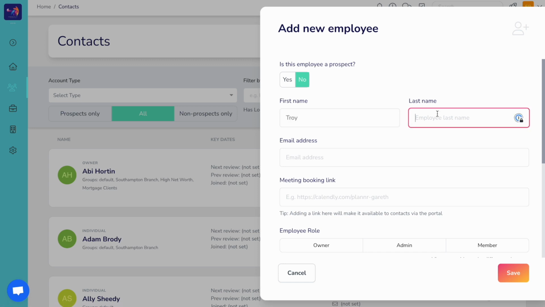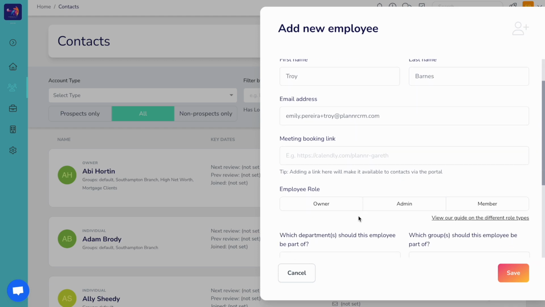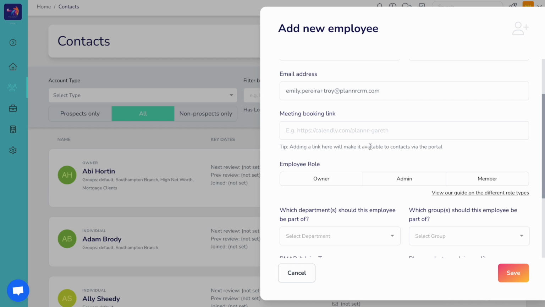Enter their first and last name and also their work email address. If they have their own virtual diary, you can also put a link here to allow their clients to book meetings with them. Going now to the employee roles, this will determine how much access they have to your Plannr